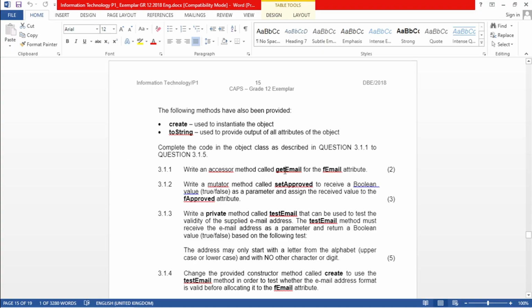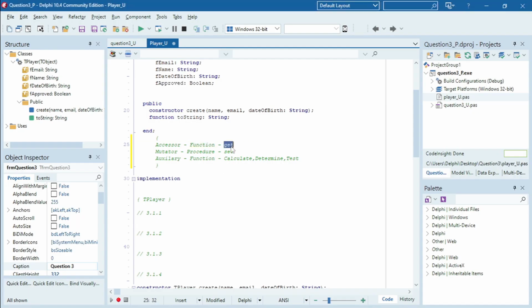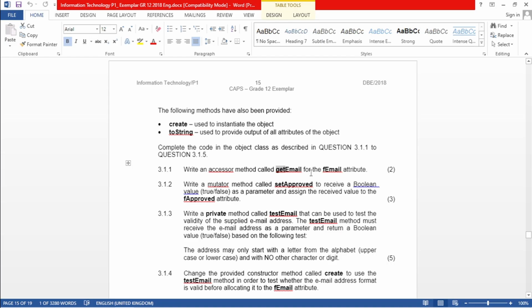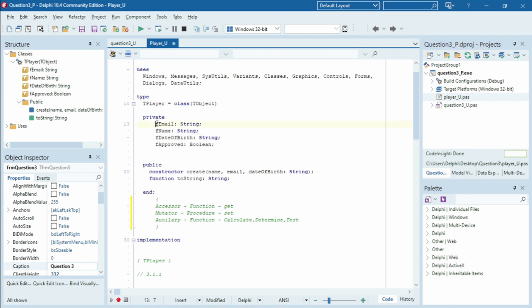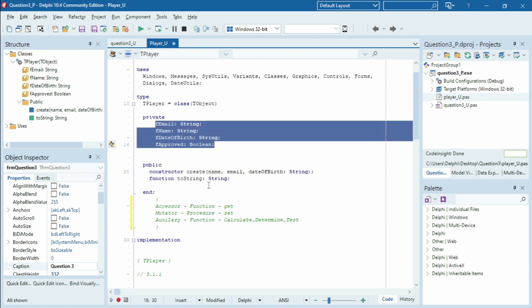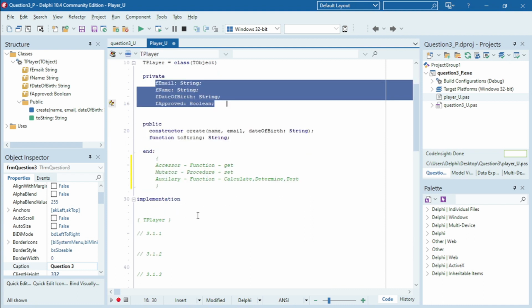Another thing is the method name is getEmail. Get also tells me it's a function, so it's an accessor method. And it wants us to return a value. It wants us to return the fEmail attribute. Remember, these fields cannot be accessed directly. You must use methods to go fetch them and then send them back. Okay, so